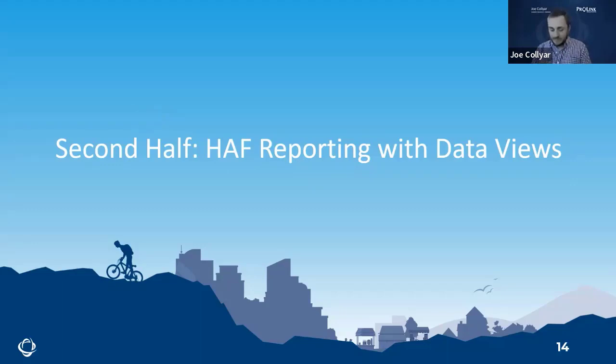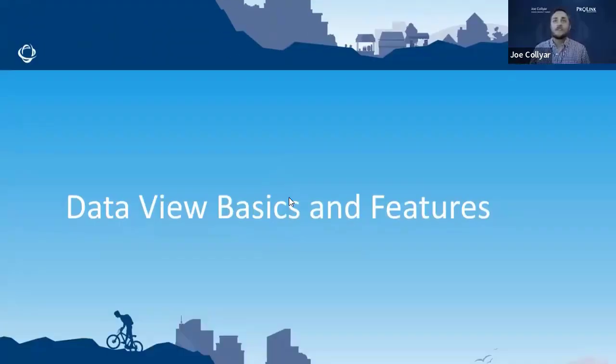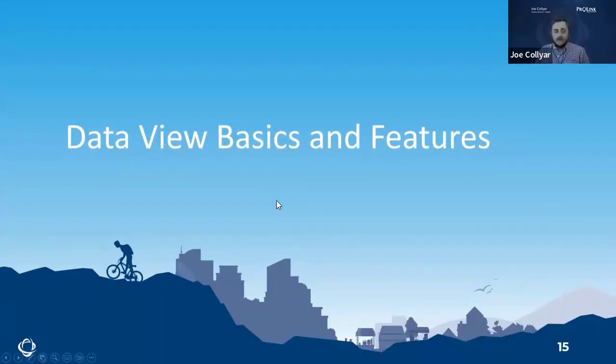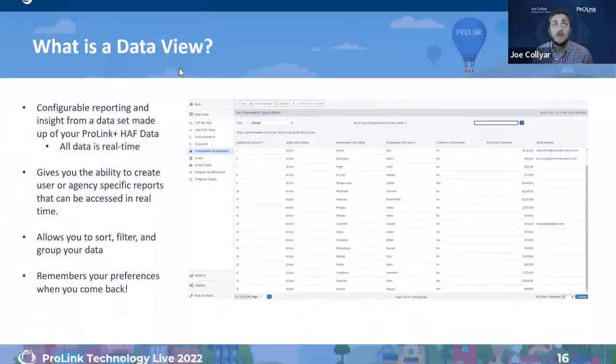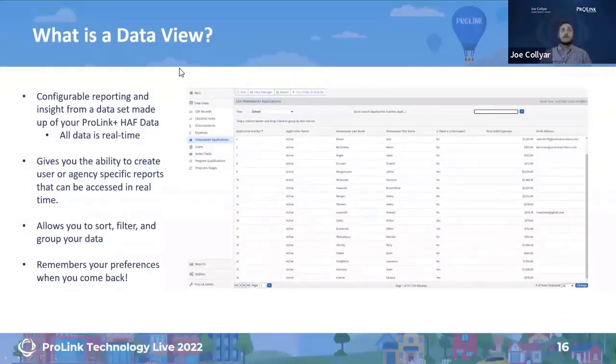All right, so let's shift gears a little bit and talk about HAF reporting with data views. We'll start off with some data view basics and features, really just go into what is a data view and some of the high level ways to interact with them. And so to start, what is a data view? So a data view is